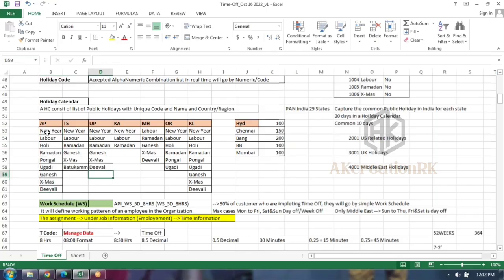Now here, you already configured New Year in one calendar. No need to configure it for Telangana state, no need to configure for UP. Just call that holiday code over here. That's it. And anything new you have to create, guys. See here, there is no Bathukamma festival for other calendars except Telangana state. It means at least one time you have to create it. Later, if the same holiday code is applicable to other calendars, you can call it.